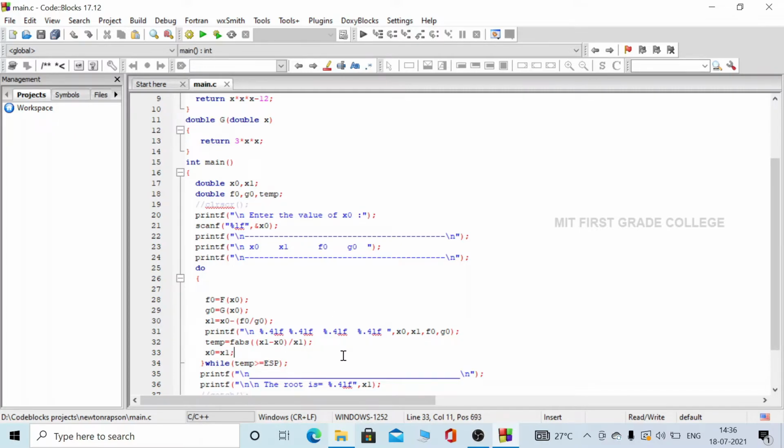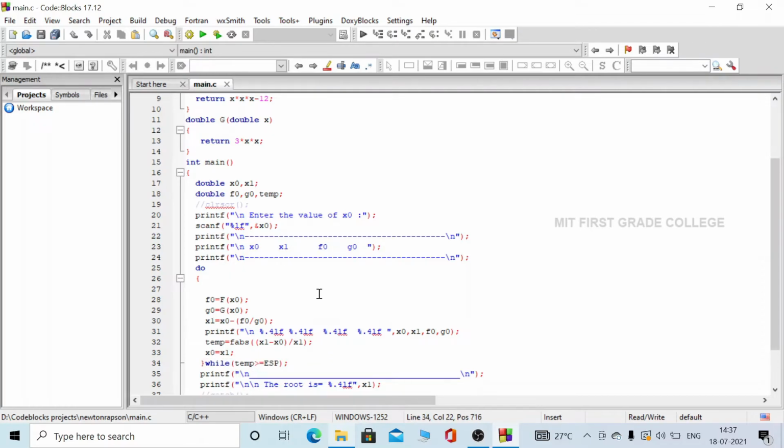After this we have to move to the next iteration. When one set of calculations is done for the first iteration, we move on to the second iteration. For the second iteration we need the x naught value again. This x naught value is taken from the first iteration, where the x1 value is taken and assigned to x naught of the next iteration.